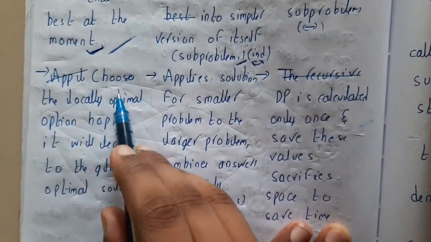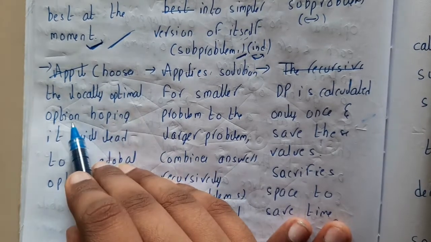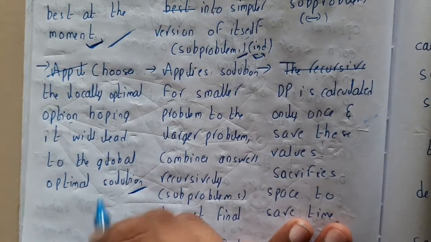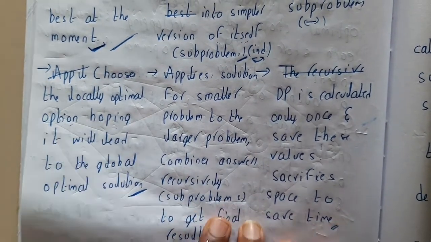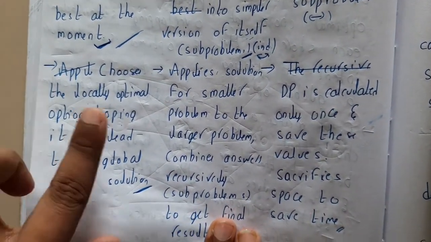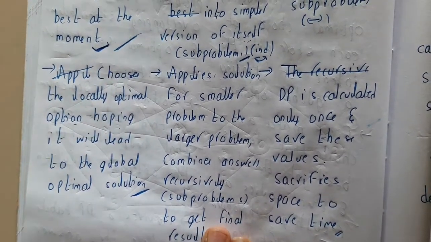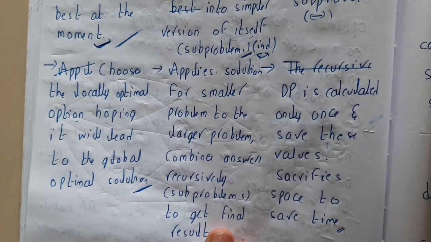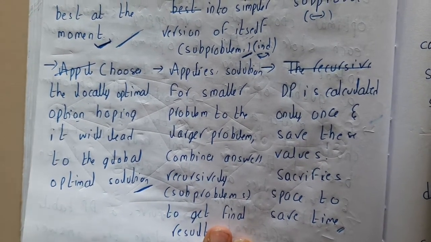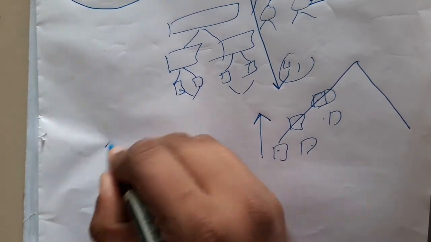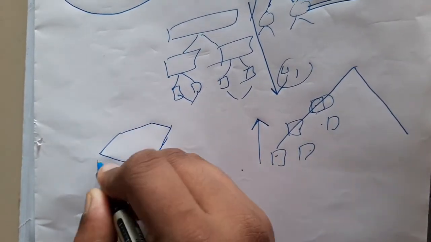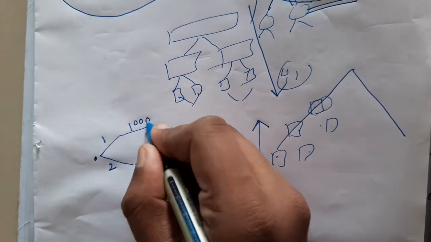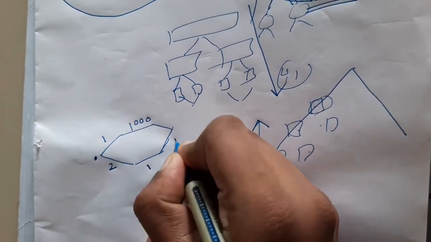Whereas in greedy, we choose the locally optimal solution hoping it will lead to the globally optimal solution. Here there is no chance that you will be coming back. You just select the optimal choice here and expect it to lead to the optimal path, but it may or may not lead to it. From the first greedy class, I was explaining the same problem. Let us assume you are here, and here the cost is 1, here the cost is 2, but here the cost is 10,000 or 1000. Here the cost is 1, here 1, here 1.